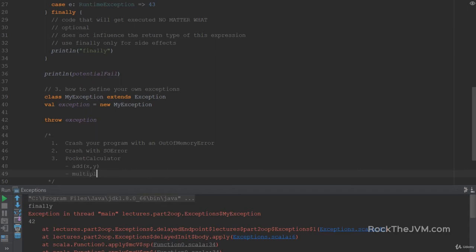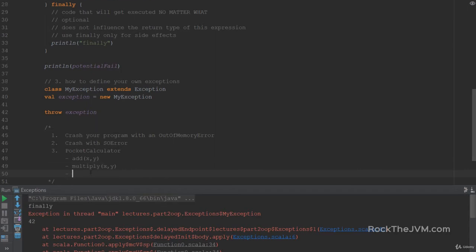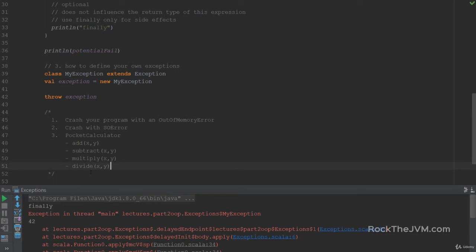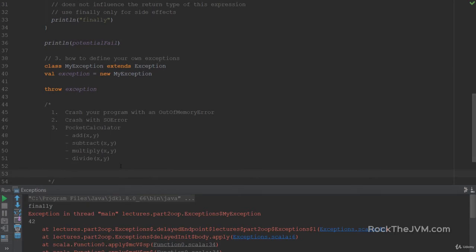Multiply and divide. Also, let's add the subtract method. So add, subtract, multiply, and divide. So these methods are going to be extremely simple, with the exception that these methods will throw